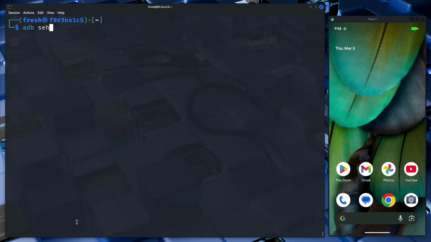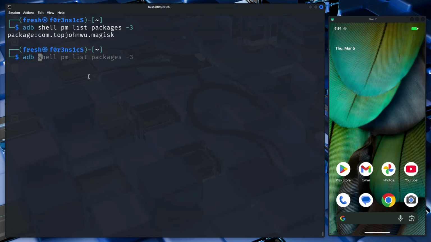First, we're going to run ADB shell pm list packages, because as always, the starting point is we have to know the name of the package. This is very important. So I'm just going to do a -3 to show any third-party packages. I only have one currently, and that is actually the Magisk app, because I just got done doing a video on unlocking the bootloader and rooting the phone. So using ADB shell monkey